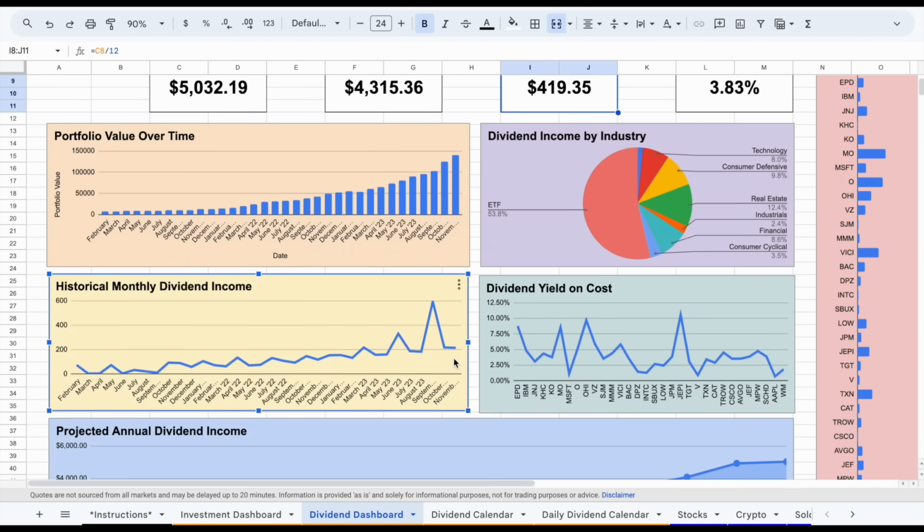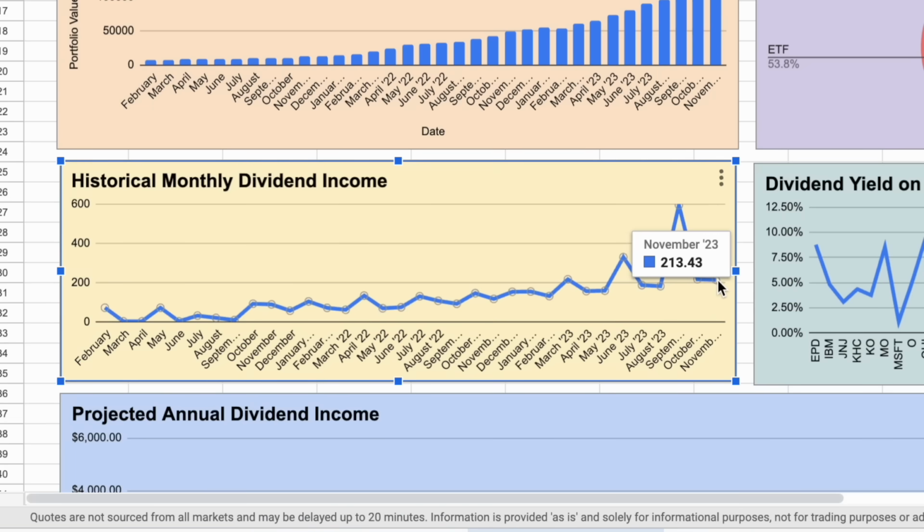If we look right here, we can see I've clearly been trending in an upward direction, but it's definitely not my highest month ever. In the month of November, I made $213.43. Now, my all-time high came just a few months ago in September when I made $594. But if you're good at understanding trend lines, one of the things you'll notice here is I'll typically have a higher month followed by a couple of lower months, high month, couple low months, high month, couple low months,